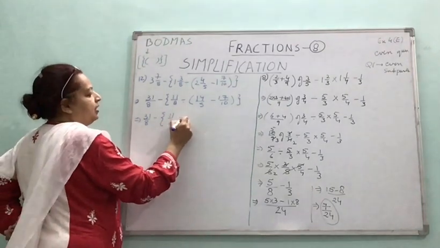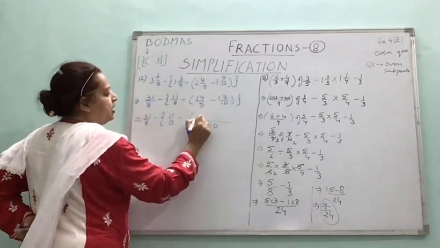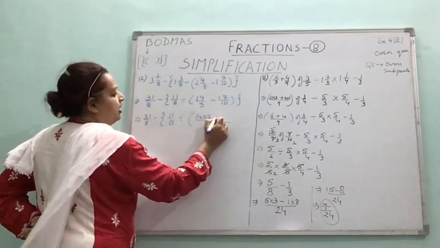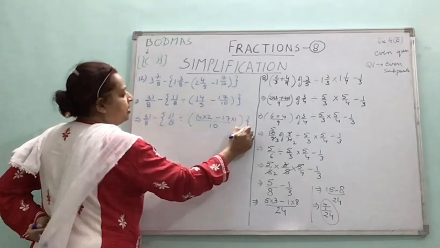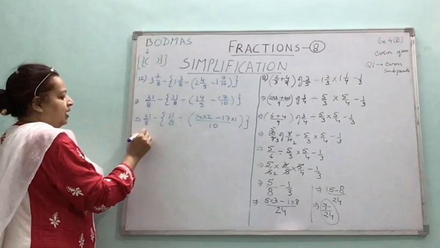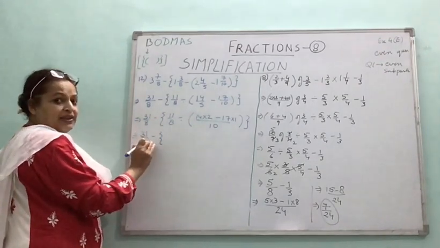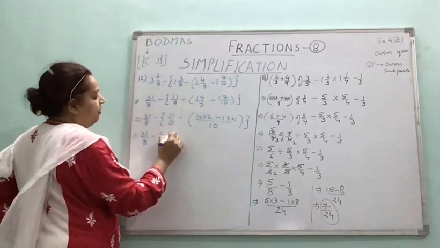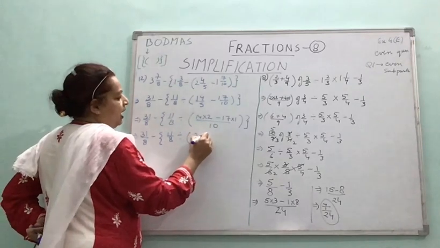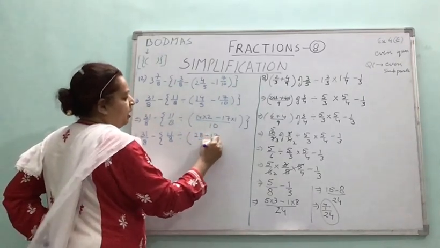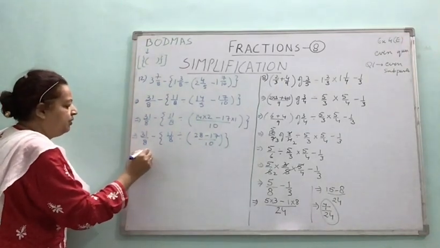So I'll take the LCM of these two, which you can see is 10. 5 goes 2 times, so multiply the numerator by 2. 10 goes once, so multiply the numerator by 1. Remaining, I am just copying carefully, do not miss the sign minus. Be very careful when you copy. Okay. So 28 minus 17 by 10. Well, we'll continue.